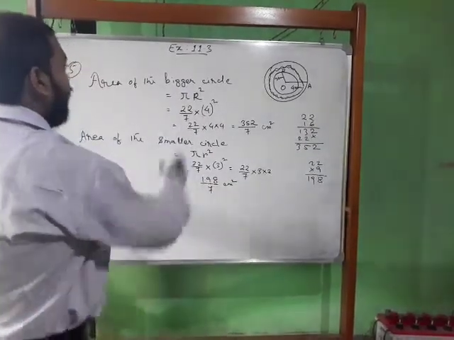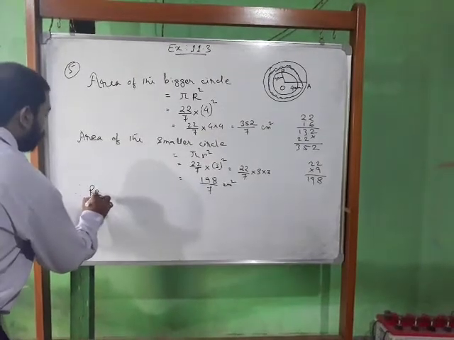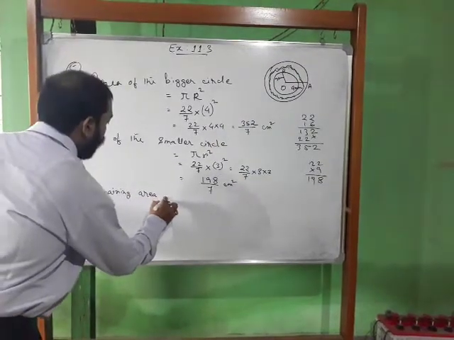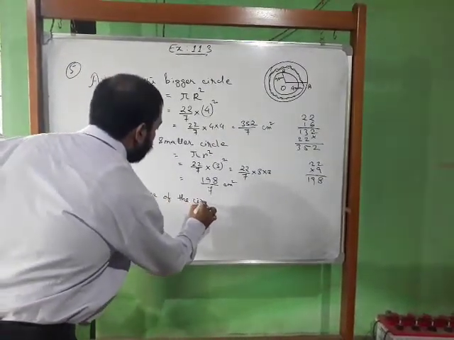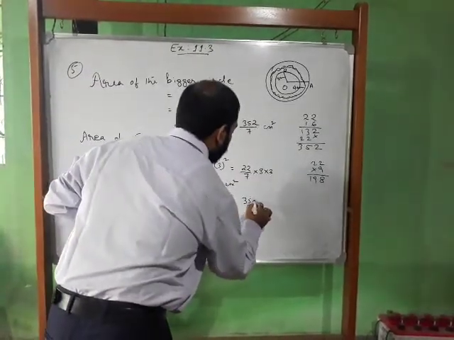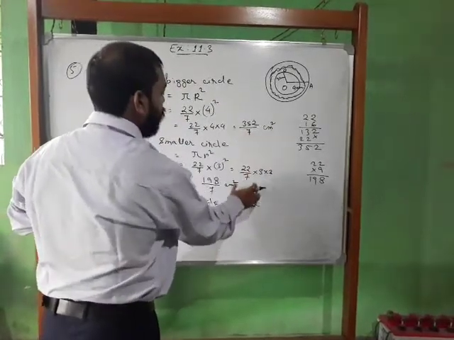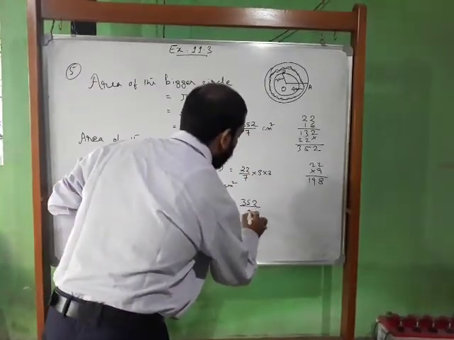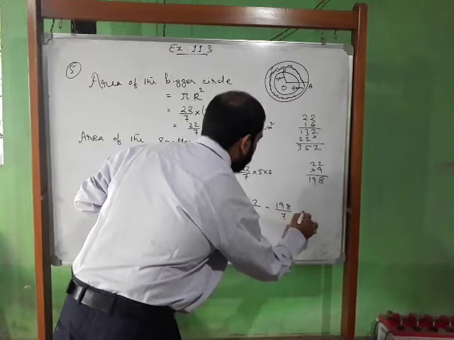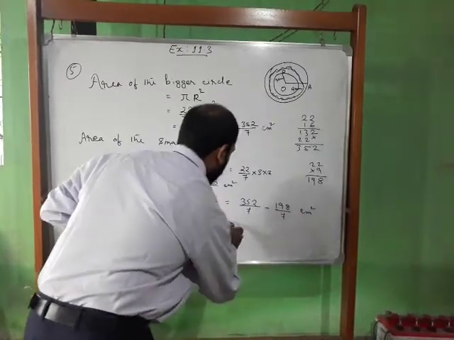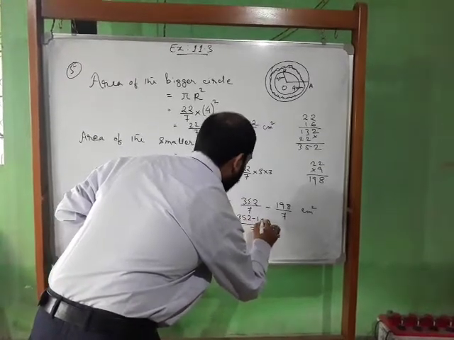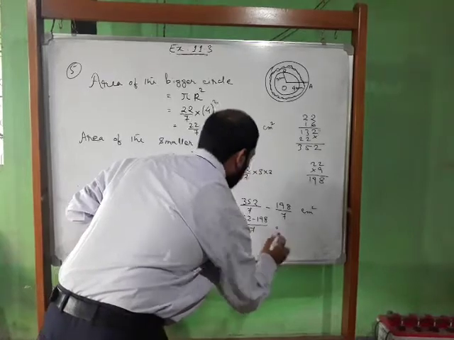Therefore, the remaining area of the circle is equal to the area of the bigger circle minus the area of the smaller circle. So it is 352 by 7 minus 198 by 7 centimeter square. The LCM will be 7, so 352 minus 198, and the answer will be